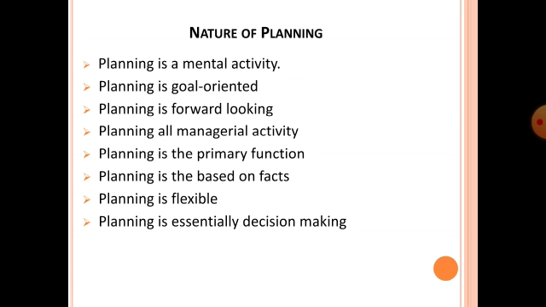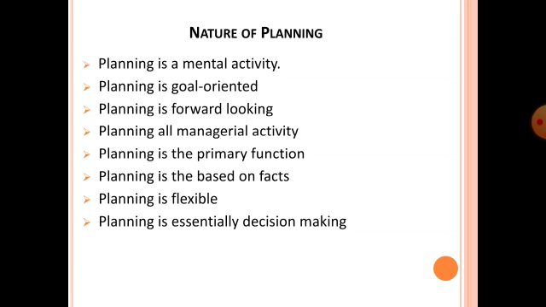Then next point is that planning is the primary function. It logically precedes the execution of all managerial functions in an organization, like staffing, directing and control, which are designed to support the attainment of organizational goals. But management is a circular process, beginning with planning and returning to planning for revision and adjustment. Okay, that is called a managerial activity. It depends on organization, staffing, directing and control, which are designed to support organizational goals. Then next one is that planning is the primary function. Okay, then